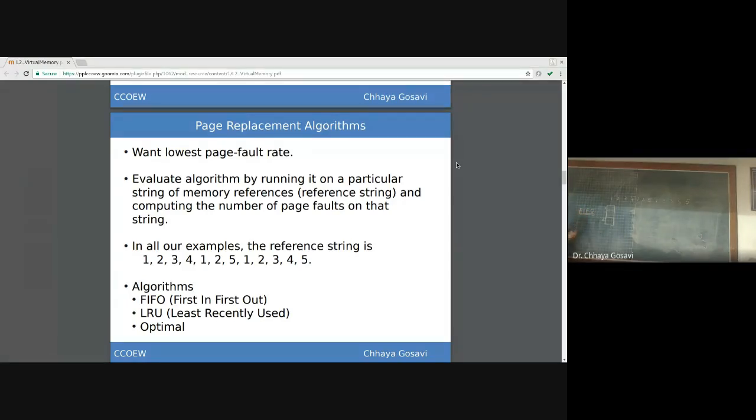So now, the first algorithm is FIFO, first in, first out. Here, the page which entered first has to leave first. Currently all the frames are free. No page is loaded into main memory. The first page is 1. So 1 is loaded into the 0th frame. The rest of the frames are empty. But still it is a page fault. We have to count page faults.